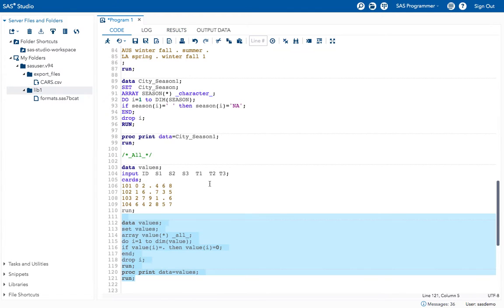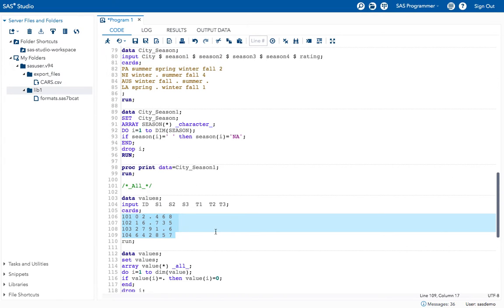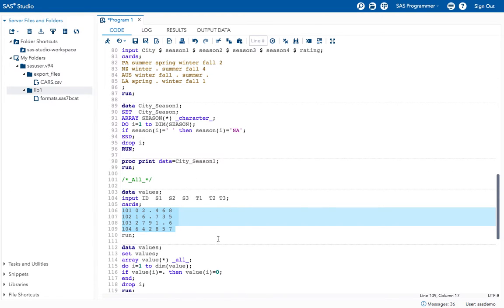If you have all the data values as either character variables or numeric variables, just one type, you can use the _all_ function. Here in this case I have only numeric variables, so I have used the all function. If you have only character variables you can also use it, but you cannot use it for both character and numeric values.